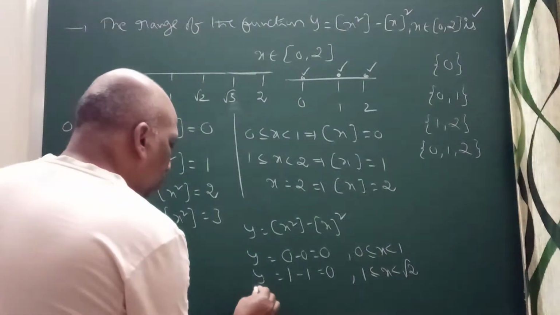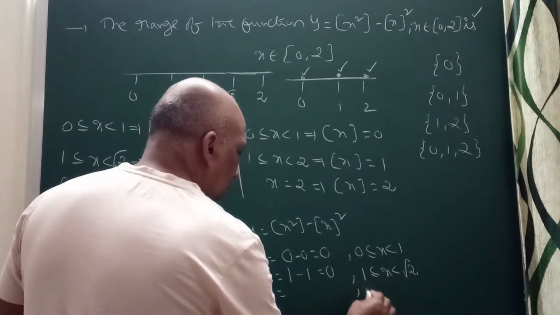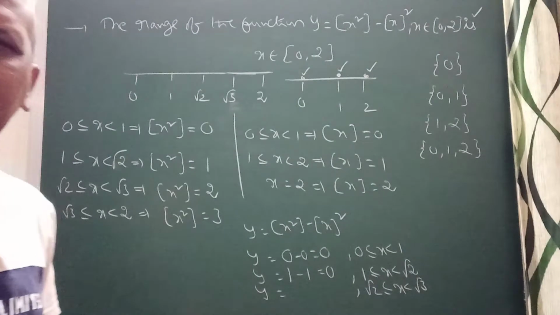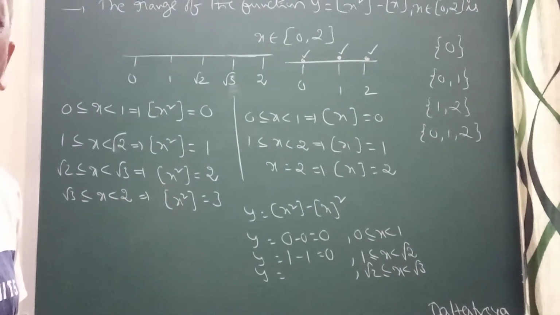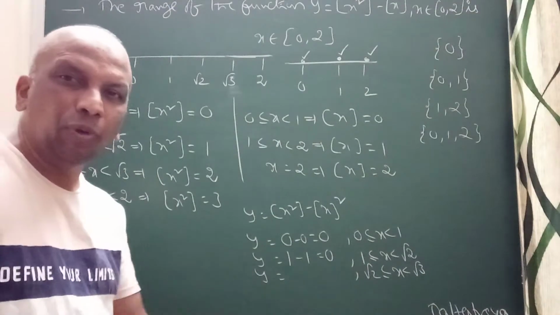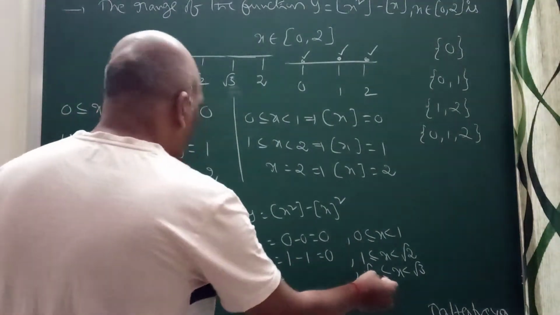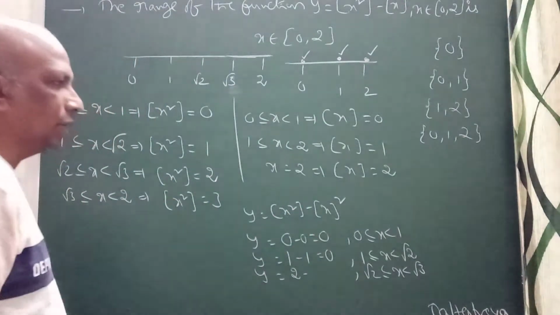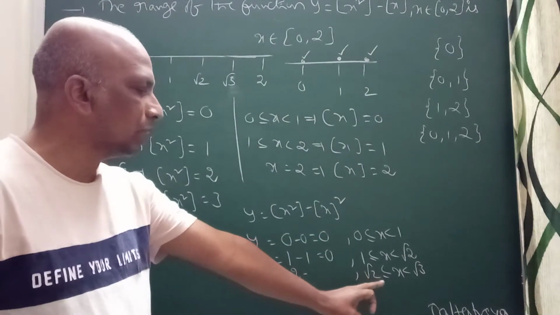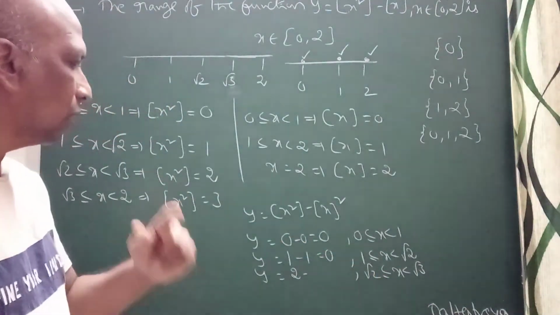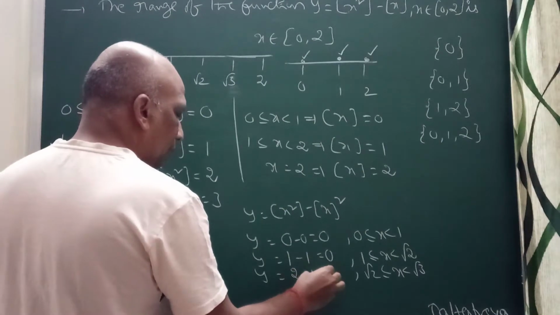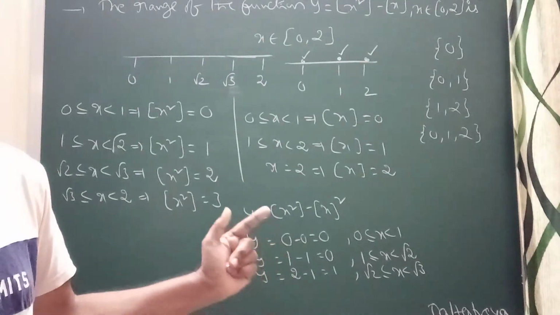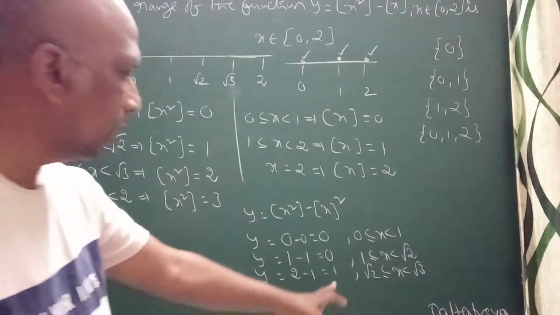Again, y is equal to, if I take root 2 less than or equal to x less than root 3. If you take this combination, you check what value you will get. In this combination, between root 2 to root 3, step x square is 2. Now root 2 means 1 point something up to 1.732. So it will come only 1. 1 square is 1. The value will be only 1, right?